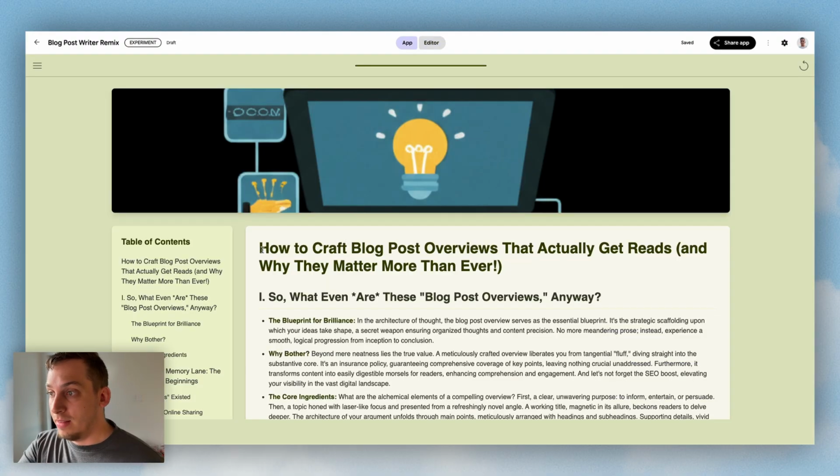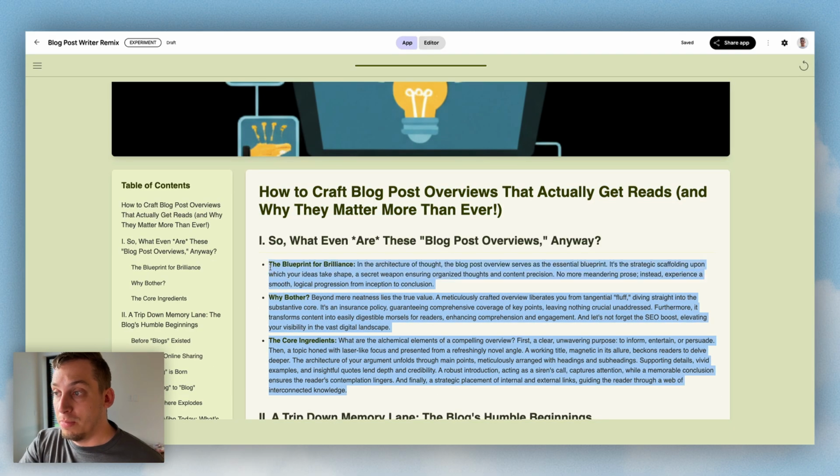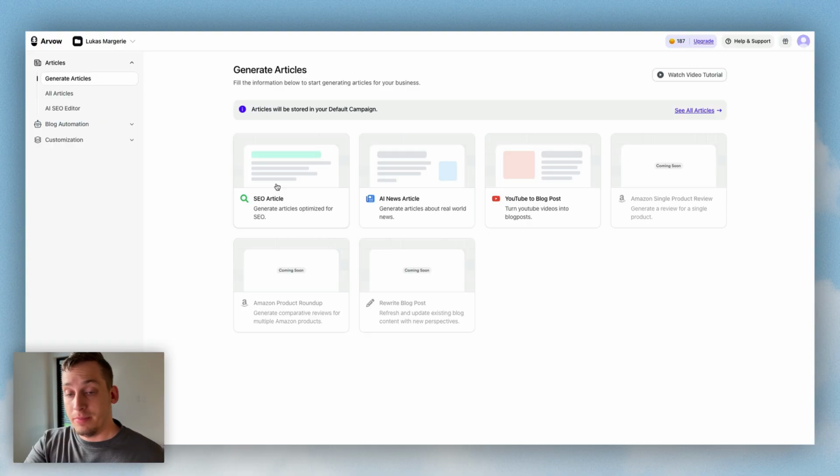Meaning, let's say that you like this title, but you would like to see more different variants. You'd have to go into ChatGPT, copy this title, paste that in, and ask for different variants. Maybe you don't like those, and maybe you want to do the same thing for this big piece of text. But there's actually this tool that I talk about a lot on my channel called Arvow.com,